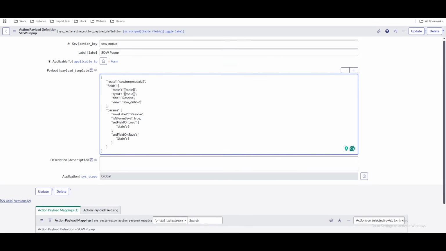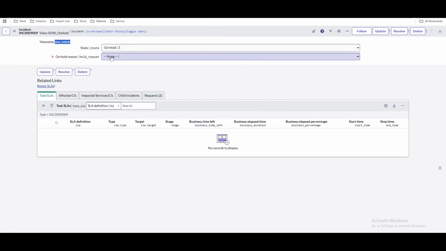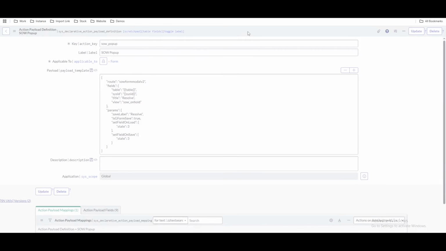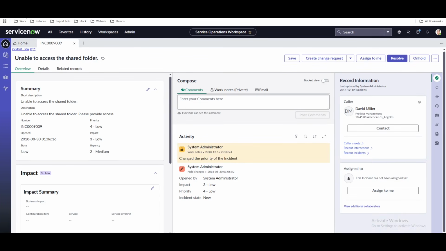There is another thing called the state field onload. So whenever the form is opened, what should be the state we are going to set there? So what is the on hold state? If we see that the on hold state is 3, we'll say that whenever the form is loaded, the state should be 3, and whenever the record is going to be set, what should be the value, we are going to set that to 3. Okay, so let's save that right now. If I refresh our workspace,